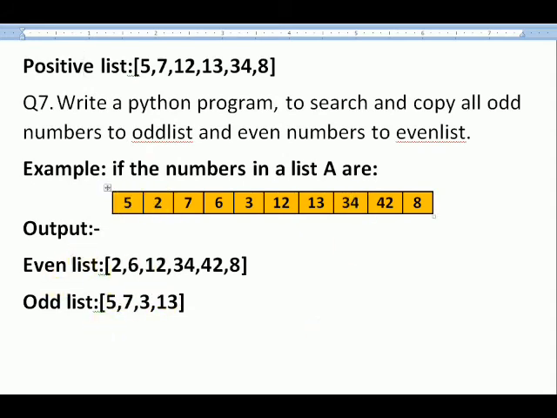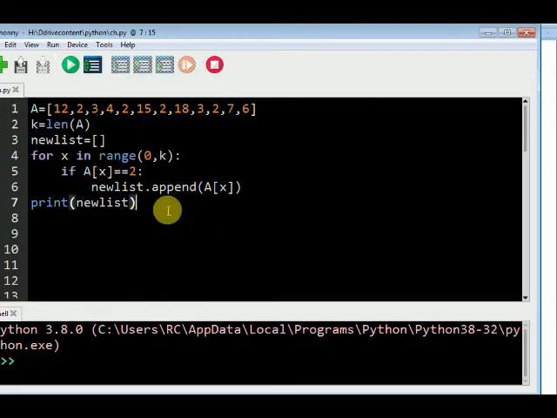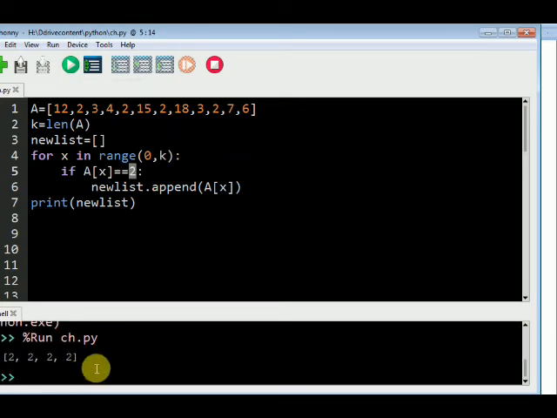So I'm going to show you practically also that how it is going to work. So if I'm going to use, this is a simple way, I create a new list, these are the numbers, and if they are equals to 2, I'm going to check and it will give me all the 2 in a new list. Here it is, 2 2 2 2 are going to be displayed. If you want to create only even numbers, so what you will do, you have to put the sign of %2 is equals to 0. Now all the even numbers are going to be added inside the new list, all the even numbers.